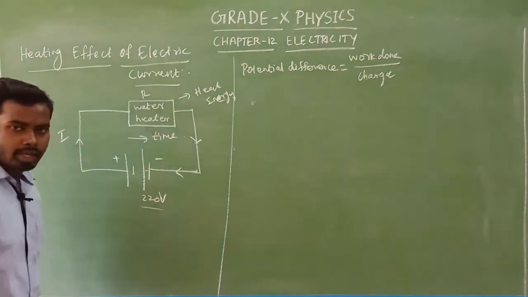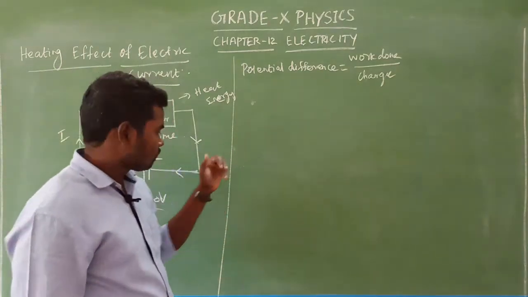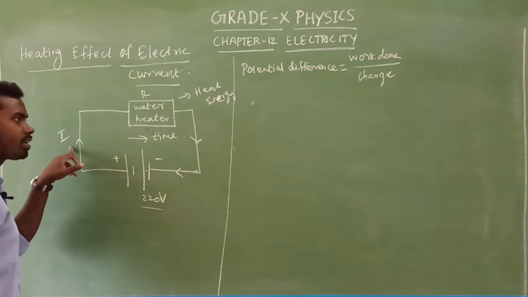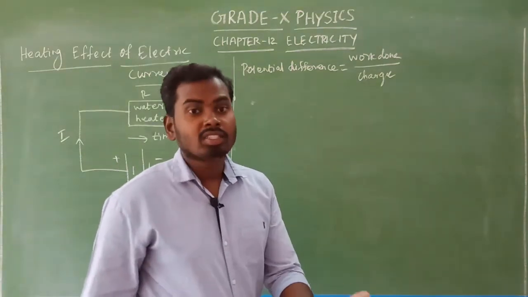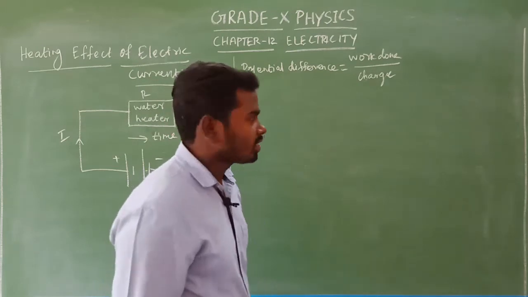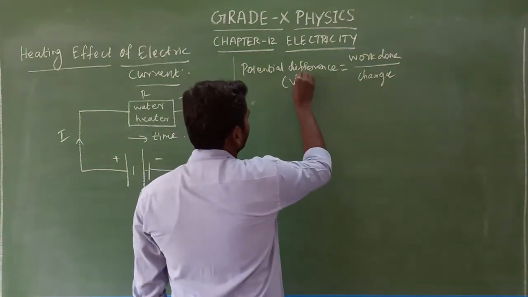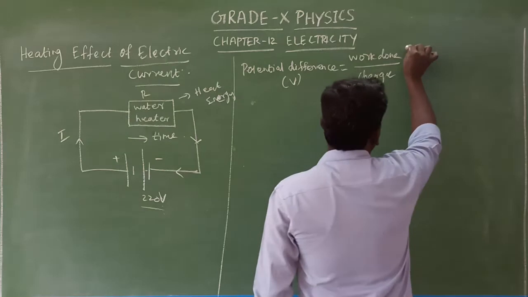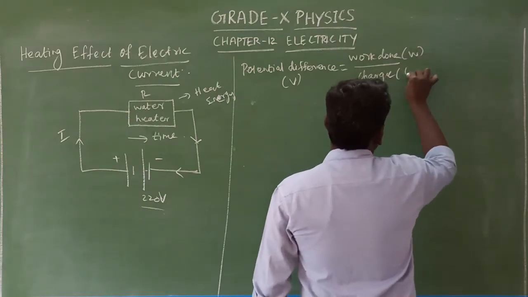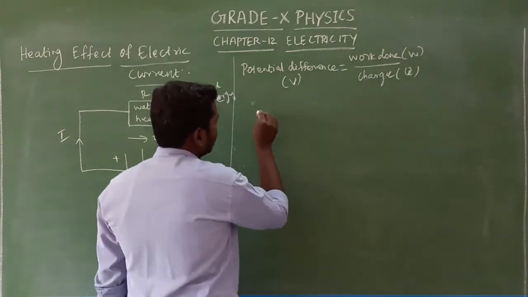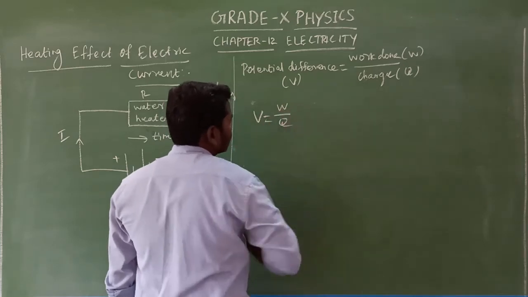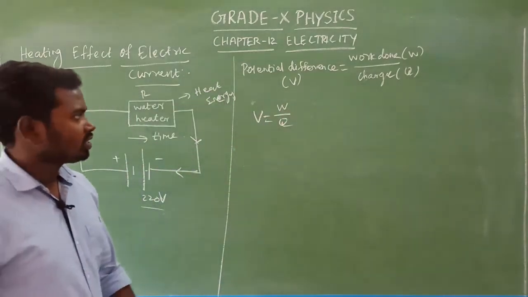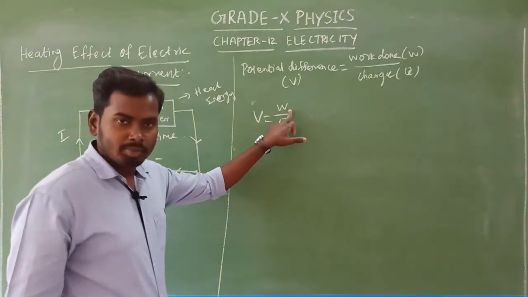Okay, here look at here. This is a work done formula in terms of voltage and this current. So potential difference is equal to work done divided by charge. Amount of charge is moved, isn't it? Yes. So potential difference symbol is V, work done W and charge Q. So we can write, look at here, V is equal to W by Q, isn't it? So what is W, sir? W means work done.